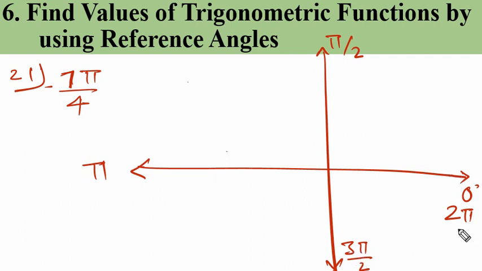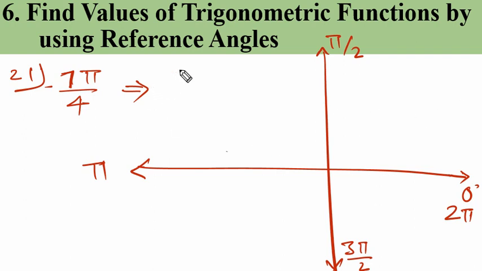Again 4 pi over 2, which will basically give you 2 pi. Okay, so 7 pi over 4. Now what is this? Let me check, what can I do with this? 3 pi over 4. No, that will not give us. So first of all, we need to think of the nearest